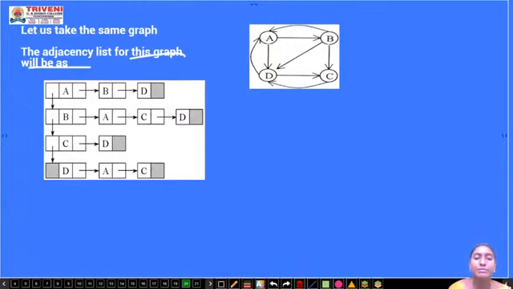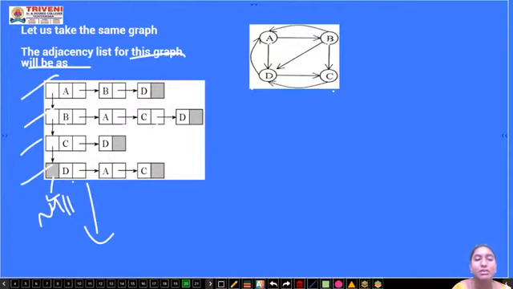A to B. Here 4 nodes are there, that's why A, B, C, D. And A to B is linked there, B to C is linked there, and C to D is linked there. That's why I have to write A, B, C, D. And the last node address becomes null because there is no node following D. And then A to B and B to D, and next B to A and A to C, and nothing